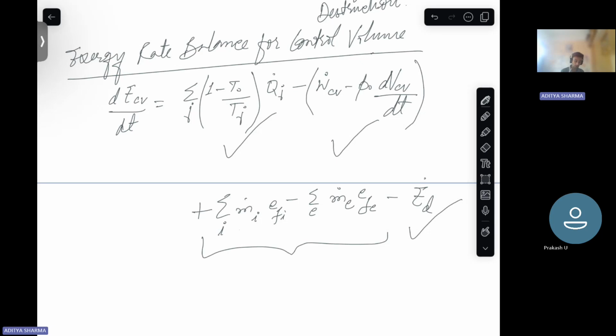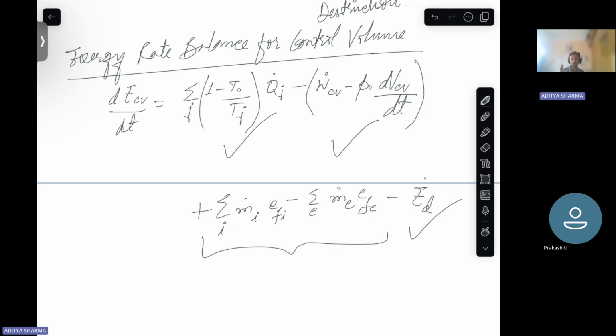There also such terms were introduced in that balance because of this mass entry into the control volume and mass exit. And because exergy is an extensive property,